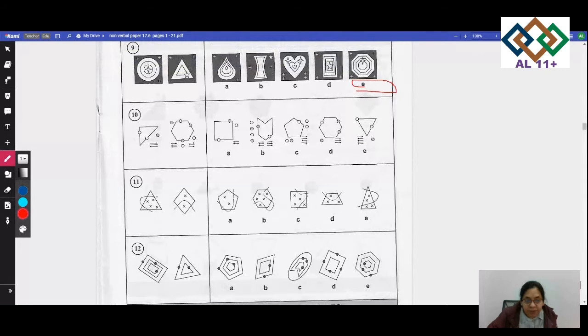In number 10, what do you think? We are looking at the circles in number 10. In all the figures, we are looking at the number of black arrows. All the black arrows pointing right must equal the number of white dots. So if you have white dots, one, two, three, the arrows would be three. If you have two white dots, the arrow should be two.